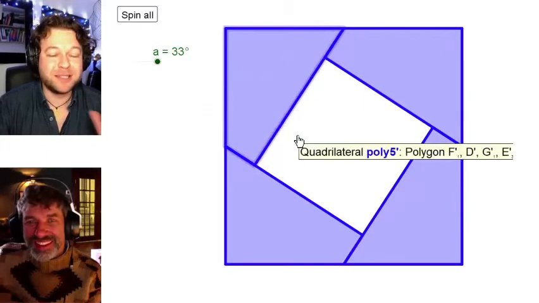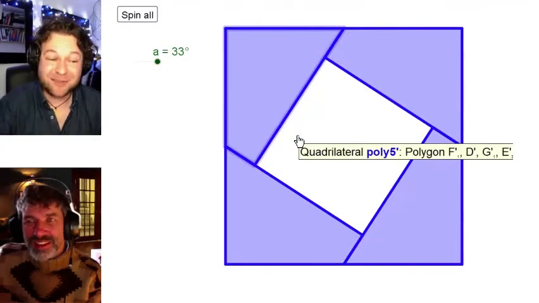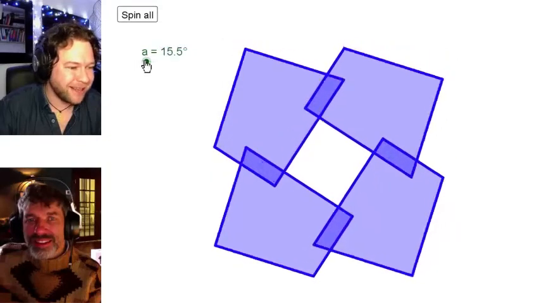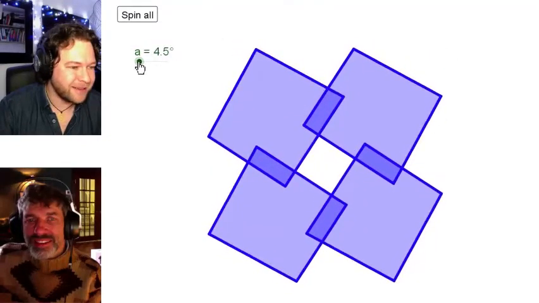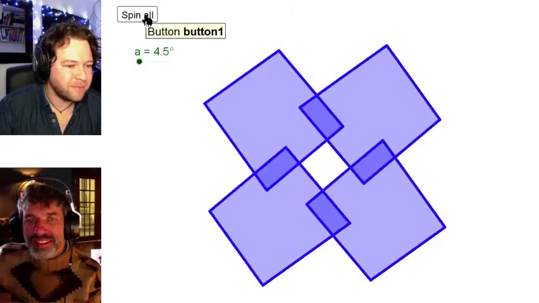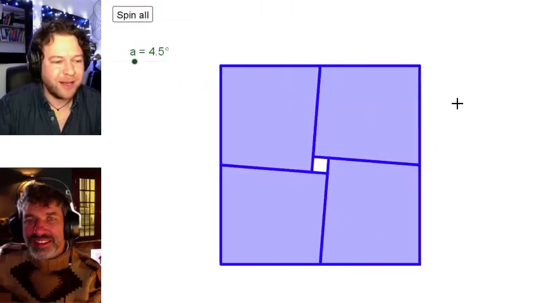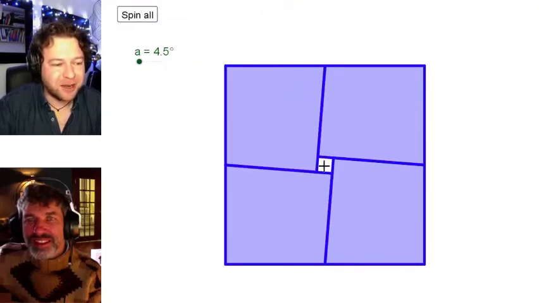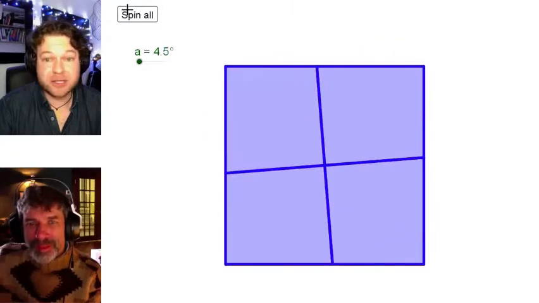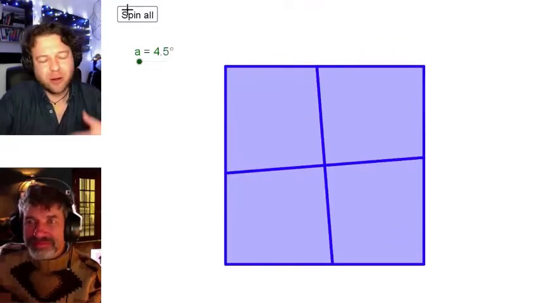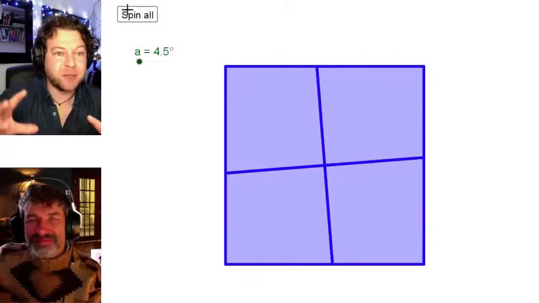But when the skew angle is small, if I go back down to like a 4 degree thing, let's leave it at 4.5. The difference between not having a hole in the middle and having a hole in the middle, actually the square has changed size, but it's changed by that white area spread all the way around this shape so that it's almost invisible. And there are lots of other puzzles like this where you rearrange some shapes and then a missing square